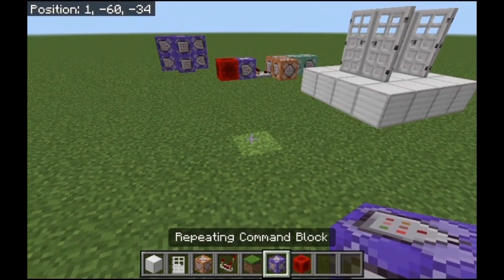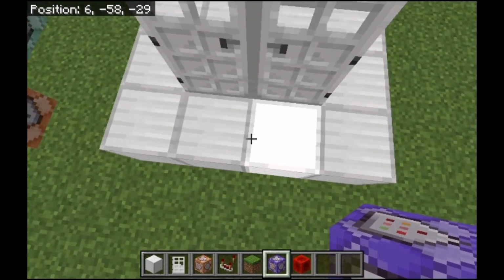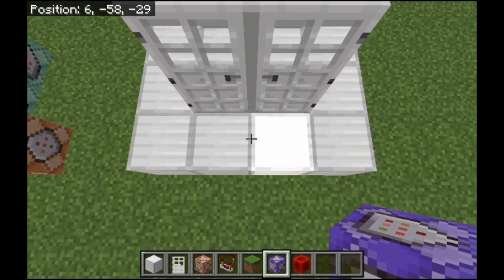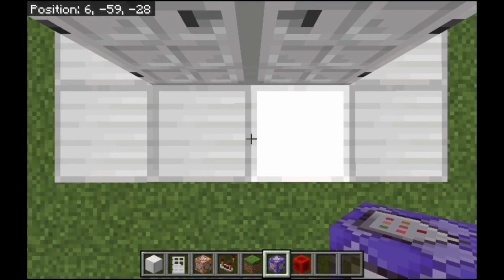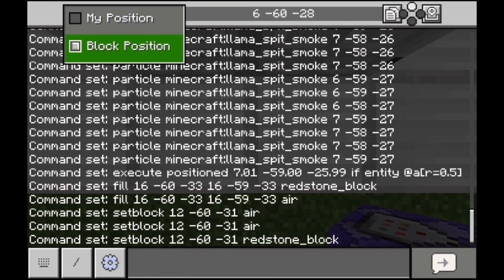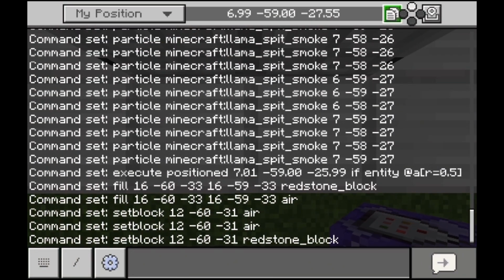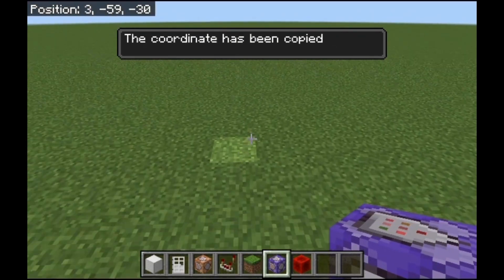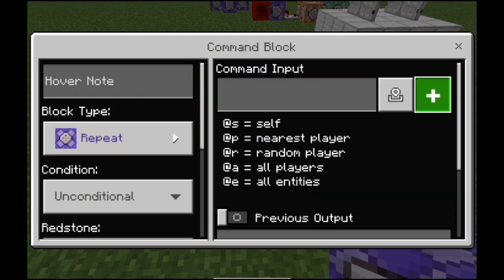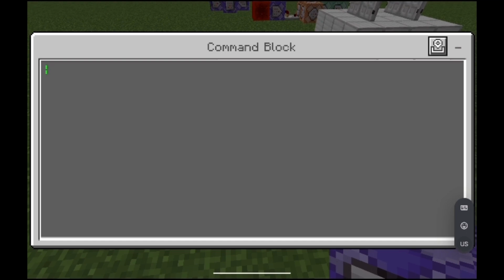So first off, we're going to need a repeat command block, and we're going to need this to check if players are standing on this very place. So I'm going to this side of the block and saying my position, and I'm copying that so I can place the repeating command block, and I say yet again execute. Oh no, I'm not allowed to type yet again. Execute